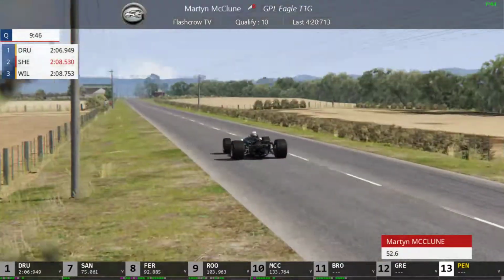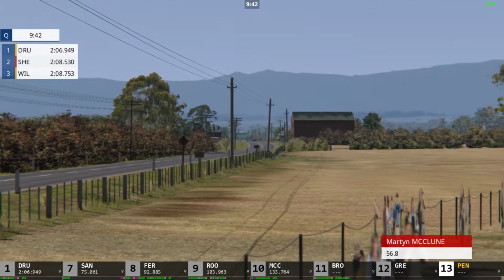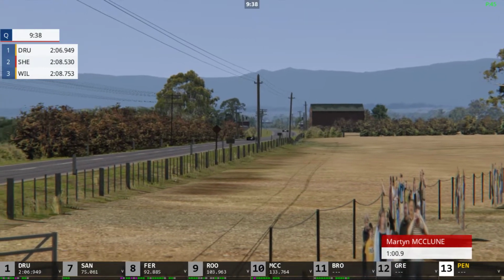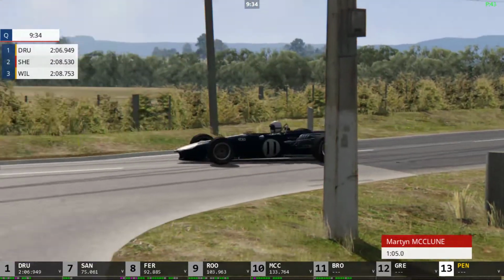Today we are racing at the old Longford circuit. It was a race held on public roads and it twice held the non-championship Australian Grand Prix. Today it's hosting round 6 of 7 of the F1 Classic Series and one that could see us crowning a